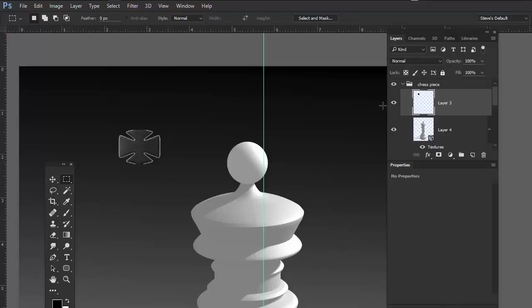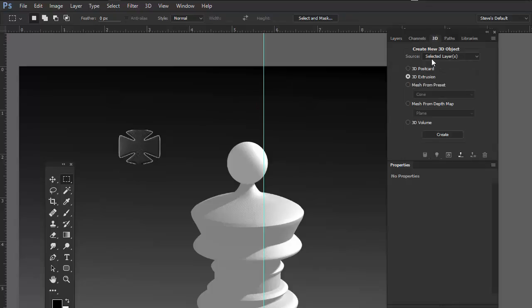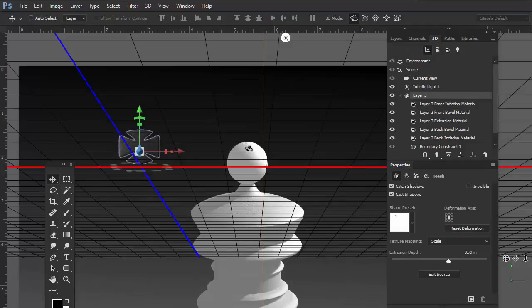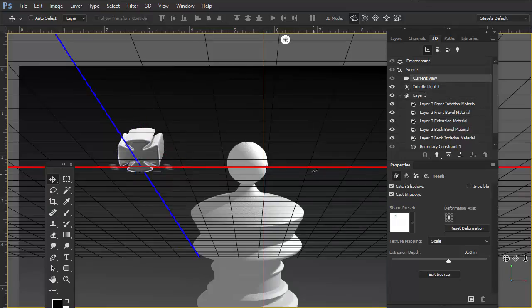And what I'm going to do is just go ahead and give this a linear extrusion. So extrusion, create. Here it is. Okay. I'm going to shorten it up a little bit. Now, what I could do also in terms of shortening it up